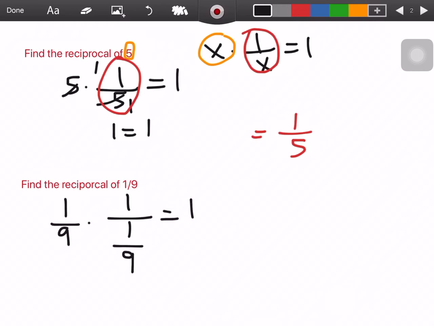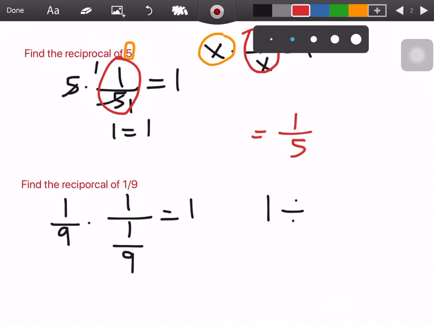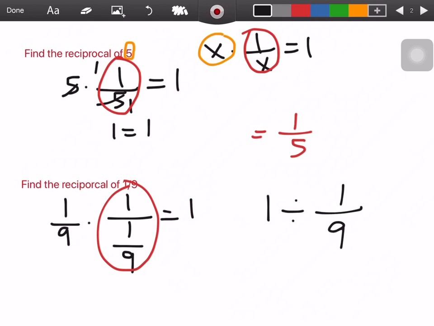Now we're at the stage where you see this mess with a fraction. What it basically means is 1 divided by 1 over 9, that's what it's telling you. This can be easily solved because when you're dividing fractions, you always have to flip the second number and multiply. So when you find the reciprocal, it's going to be 9, and therefore this part will be equal to 9. So our reciprocal